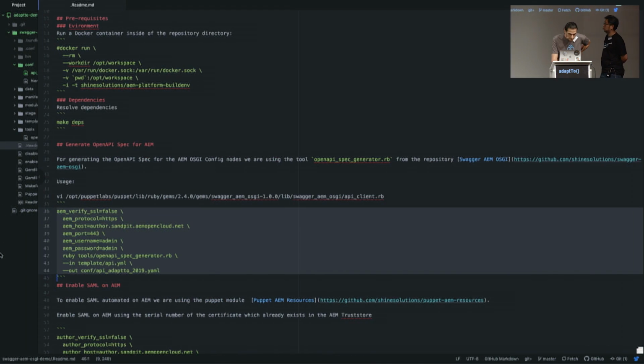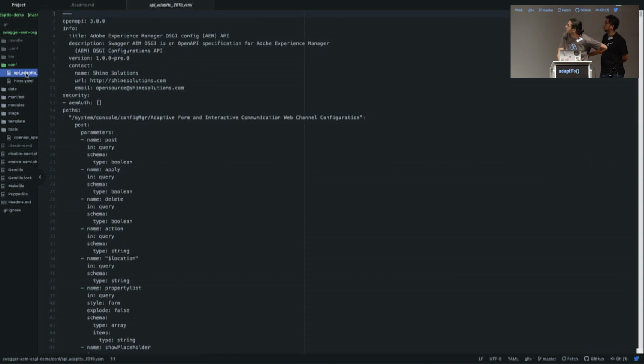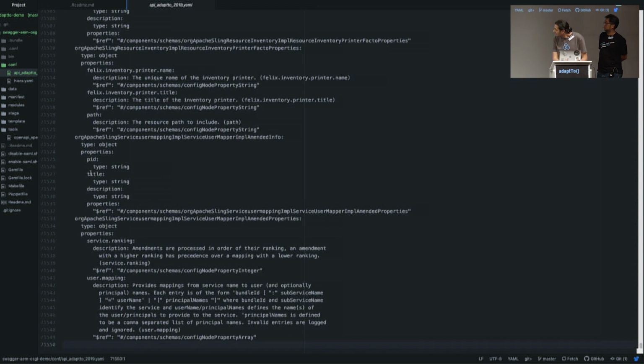If you go back to Atom, we see this green file, which just got generated. This is the OpenAPI spec file. If we go to the bottom, we see over 71,000 lines of API specification. Now we can use the OpenAPI generator to create an API tool in our most favorite coding language, which in this case is Ruby,